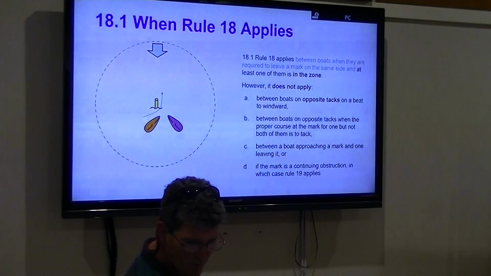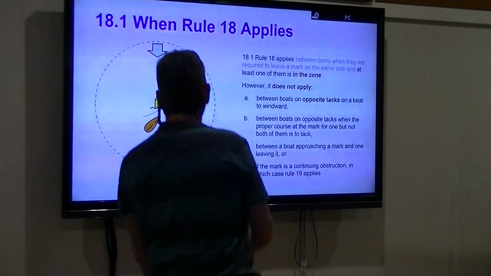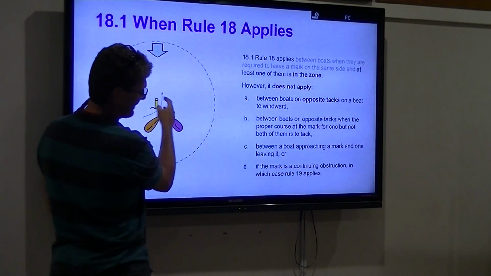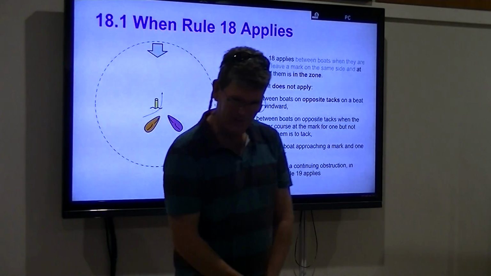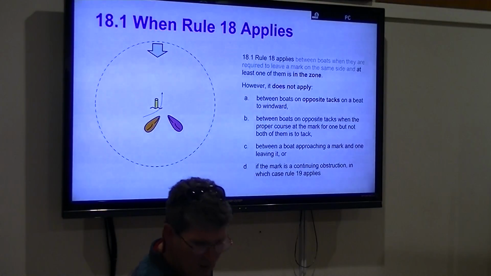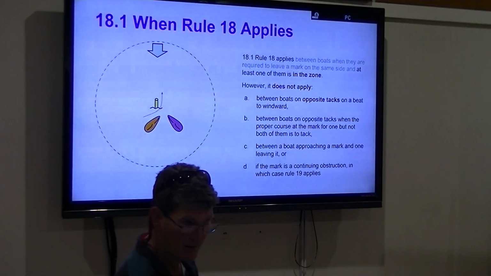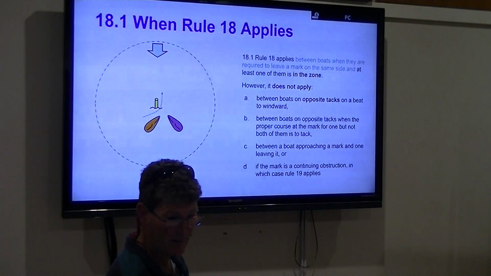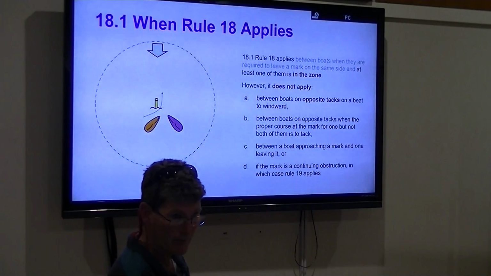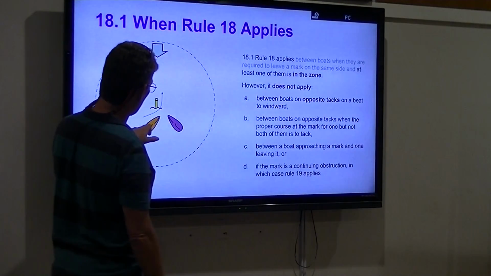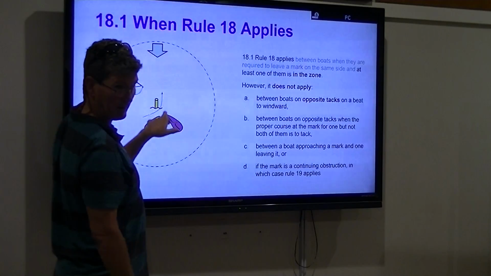Between a boat approaching a mark and one leaving it, well, it's very hard to say, is purple leaving it? Difficult. I don't think C applies. That'd be a difficult one to do. If the mark is a continuing obstruction, no, this is a yellow spar mark. It's not. I don't think A, B, C, or D apply to those things. So therefore, the mark-room rule does apply. In this case, purple has to give orange space, or we'll